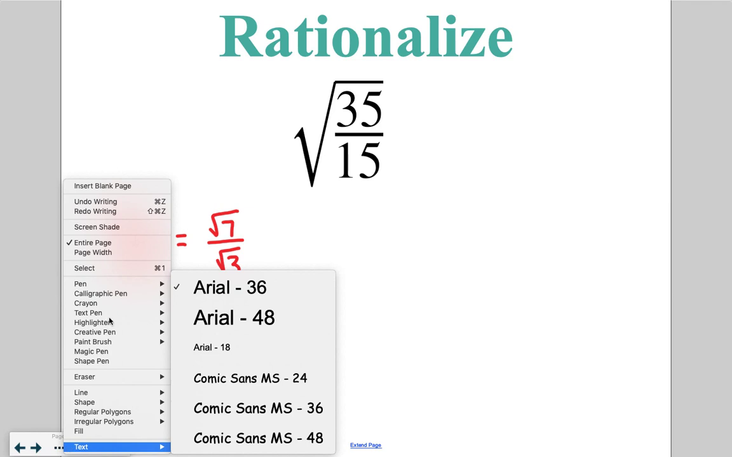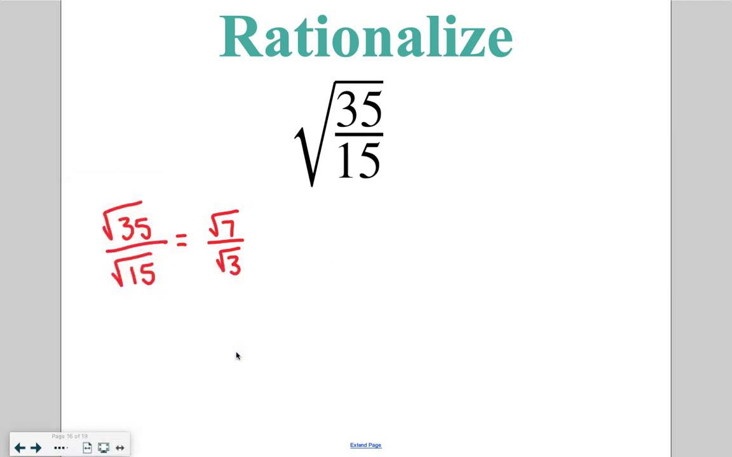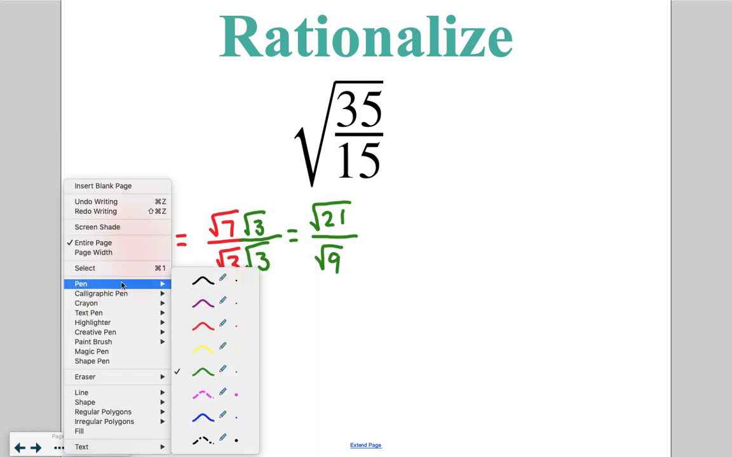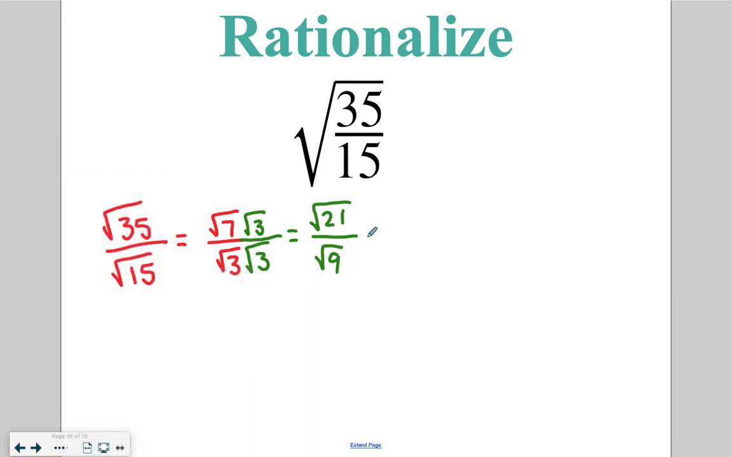So what we're going to do is something called rationalizing, which means we're going to multiply the top and the bottom by whatever is on the bottom. So we're going to multiply both the top and the bottom by the square root of 3, because 3 was on the bottom. So what that then does is puts us at square root of 21 on the top, because 3 times 7 is 21, and square root of 9 on the bottom. Now we have a perfect square on the bottom, something that we can solve. So our final answer here ends up being square root of 21